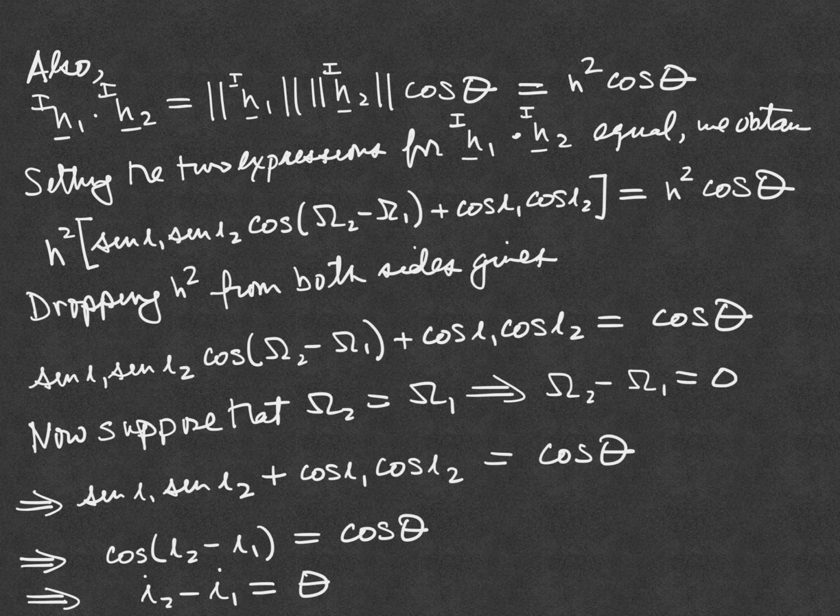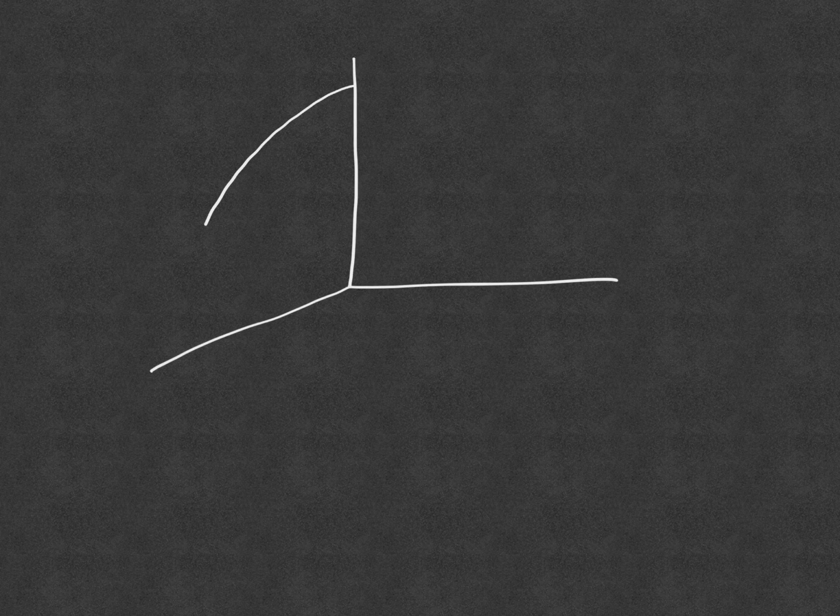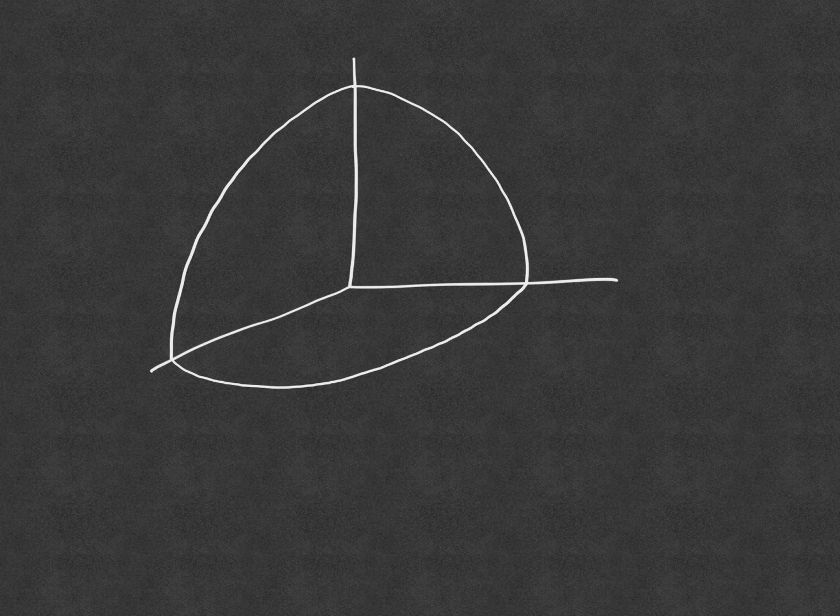So what we find with this result is, if the two longitudes of the ascending nodes of the two orbits are the same, then the cranking angle is equal to the change in orbital inclination. So we can actually see this feature on the following diagram. This diagram looks similar to the diagram we drew before, except this time, the two longitudes of the ascending node are the same. So when we draw this picture, there's only one line of nodes, and it's n, because the two longitudes of the ascending node are the same.